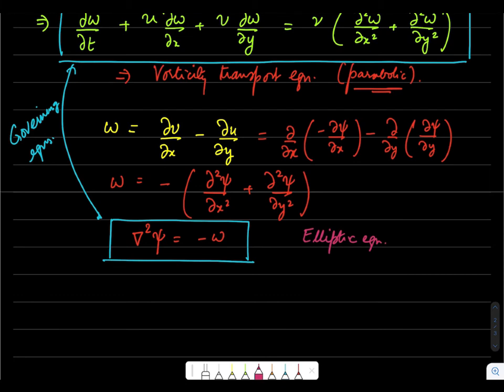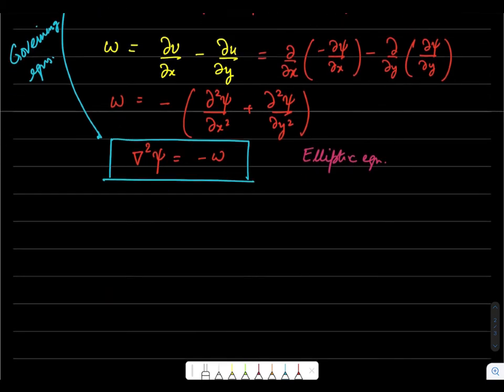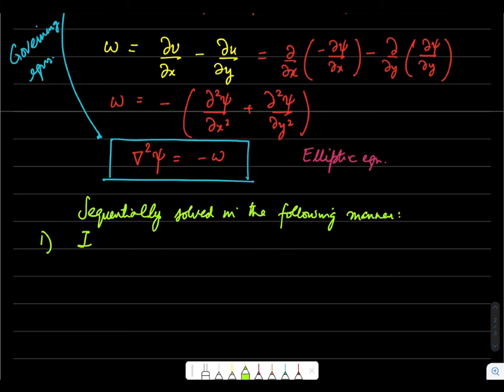So this Poisson equation and this vorticity transport equation can be solved in a sequential manner, and this will be the typical sequence. So the sequential operation will look something like this when we solve it using the finite difference method. So the first step will be to initialize omega and psi at, let's say, t0. So knowing the initial velocity field, we can always initialize omega and psi, or we can make a guess. Typically the initial condition is given.